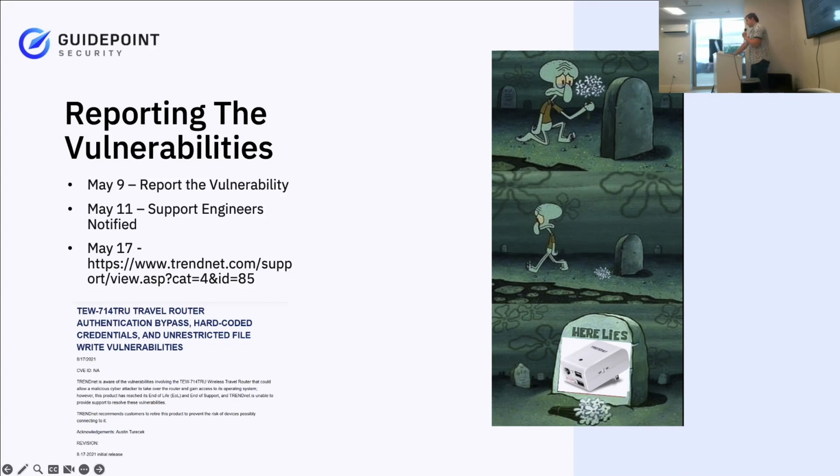And I've told this story to a decent number of people through interviews and whatnot, and a lot of people give me the initial reaction of, wow, why would they go about that? How irresponsible. But it's really important that we remember that the research that we do, bug hunting and whatnot, exists within a larger scope. If anything, I would argue that end-of-lifing in this case was the best business decision they could have made. So,